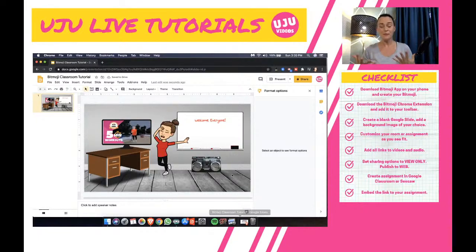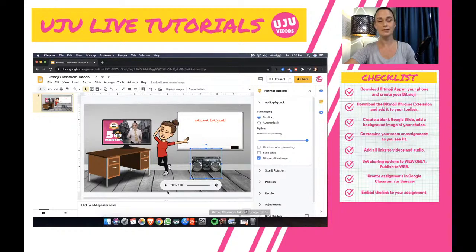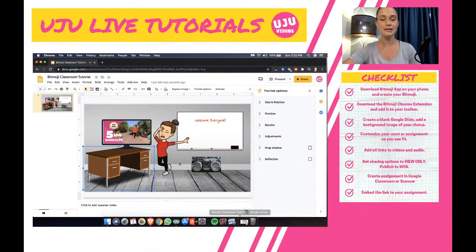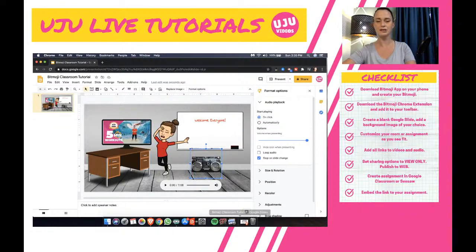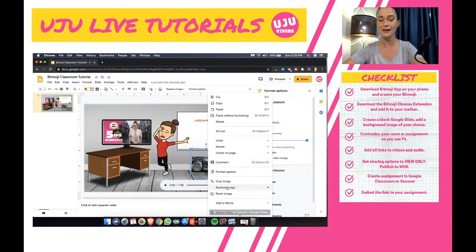All right, so now we have our boombox, and if a student clicks on the boombox, they're going to be able to hear your song or the audio that you put in. One good idea that I like with this as well is if we insert an audio, or let's just take this and change this. We'll go back and right click on it again. We're going to replace this image